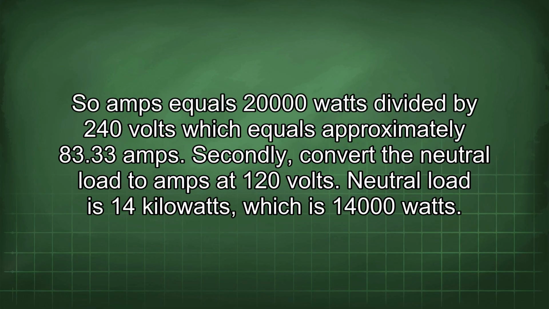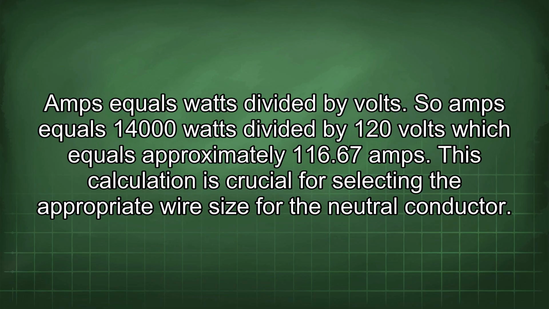So amps equals 20,000 watts divided by 240 volts, which equals approximately 83.33 amps. Secondly, convert the neutral load to amps at 120 volts. Neutral load is 14 kilowatts, which is 14,000 watts. Amps equals watts divided by volts. So amps equals 14,000 watts divided by 120 volts, which equals approximately